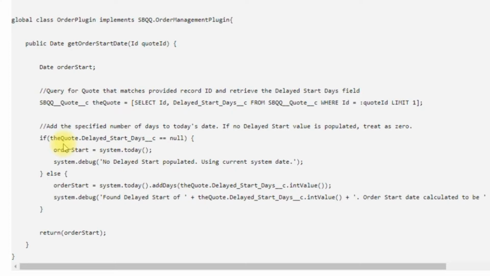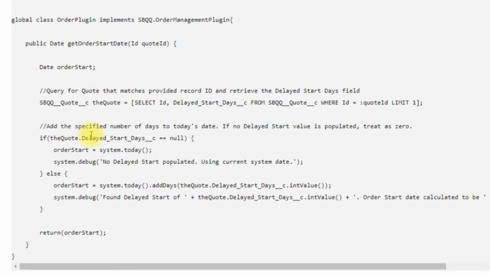But in some scenarios, we might need to generate the order now, but set a future date as the order start date. That time, this particular plugin will help you. Here you can put some logic to get the date, which needs to be returned through this method.